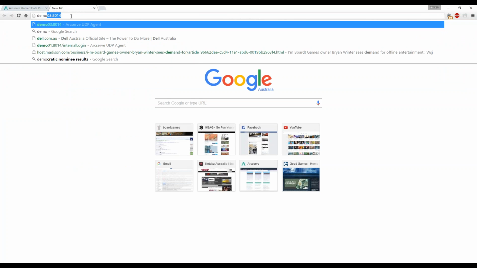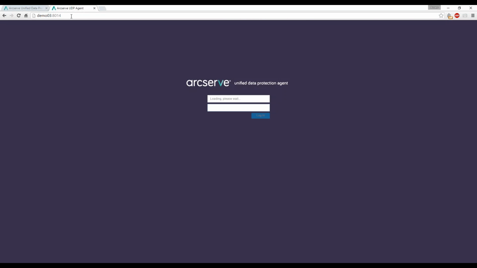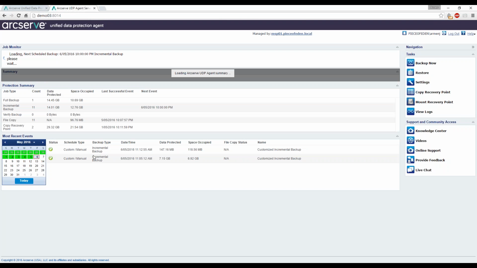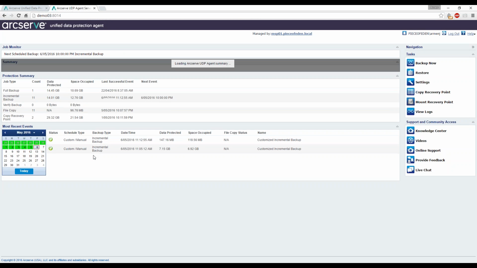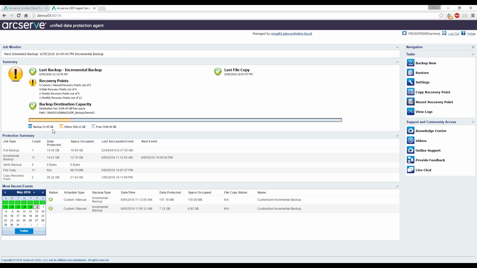If I log in to Demo 03, I can take a look at where my backups are being saved, and I can send my backups to the same location. So here we can see on the main status page, we can see that the path for our backup destination is this folder, NAS01 USB disk 2 UDP backup Demo 3. I'm going to copy this path,